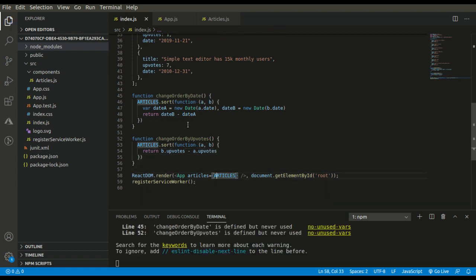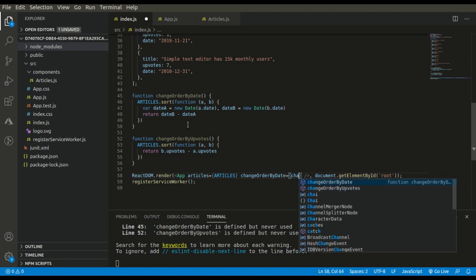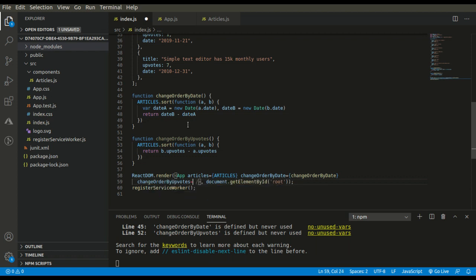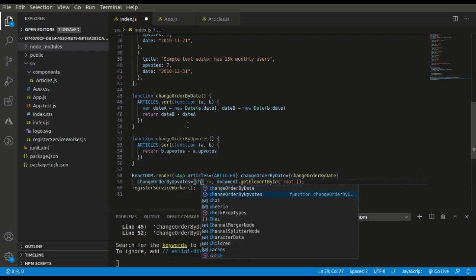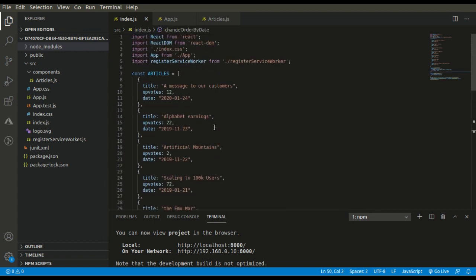Cool, both the functions are ready. Now we just need to pass them as props. I hope both the functions are clear.